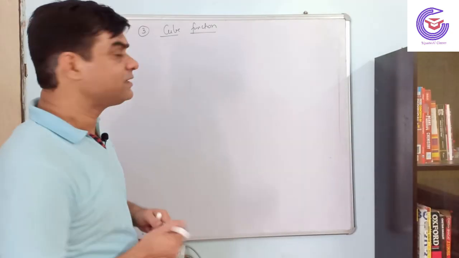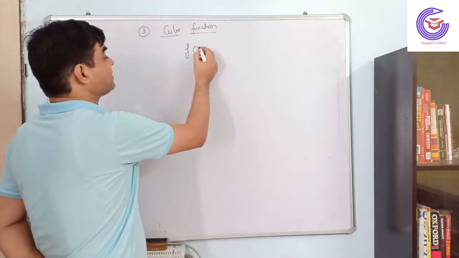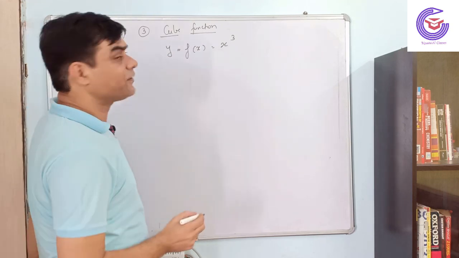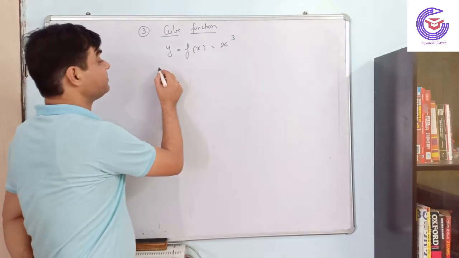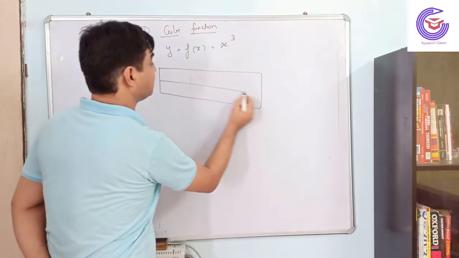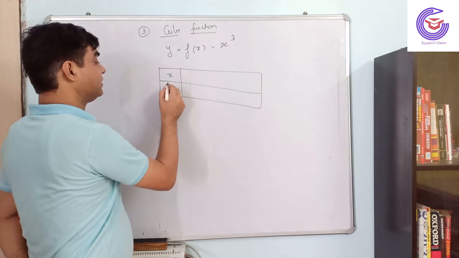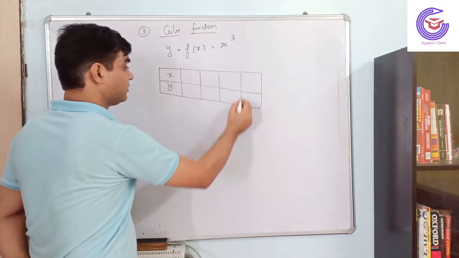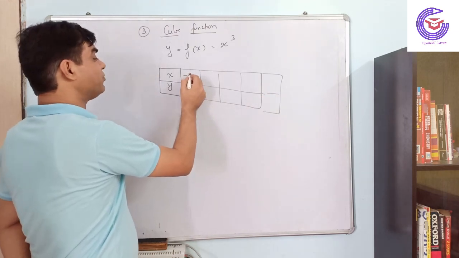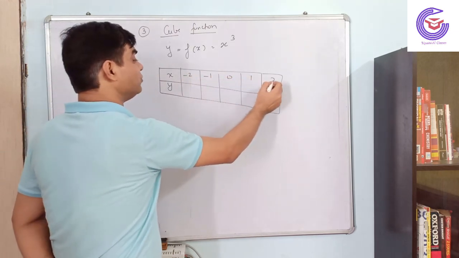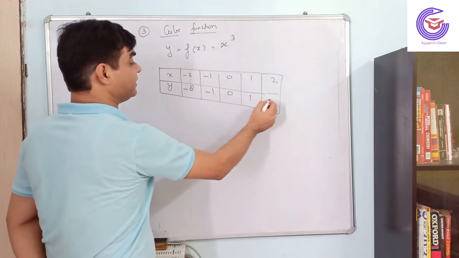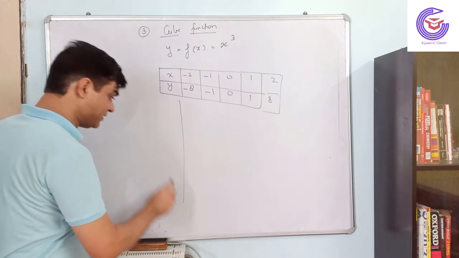Okay, about the cube function, it is f(x) is equal to x cube. So how will the graph of a cube function look? Let's make a chart first. You can put -2, -1, 0, 1, 2. For -2 it will come as -8, then -1, 0, 1, 8. So if you plot the graph of this function,